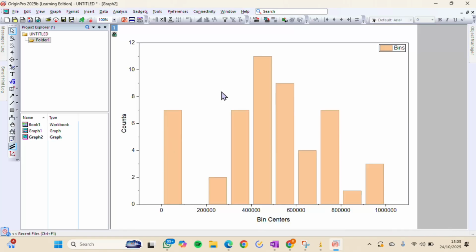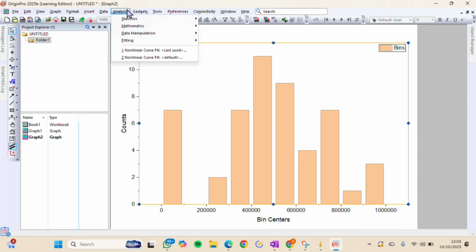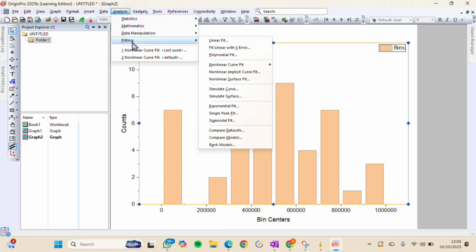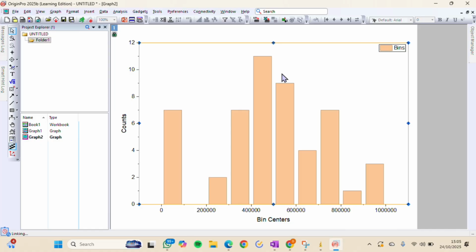When the histogram window is active, we can click analyze, and we click the non-linear curve fit. Okay.